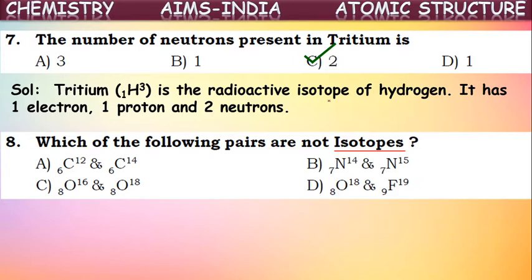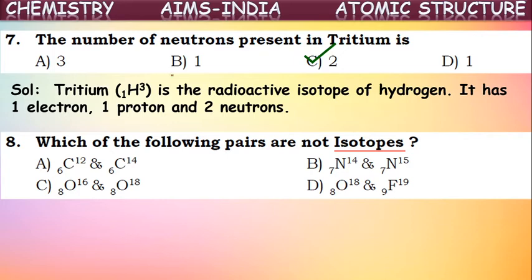See here they have given some symbols of the elements. We have also learned what is represented by these symbols. The number written at the subscript position beside the symbol of an element represents the atomic number, and the number written in the superscript beside the symbol represents the mass number of the element. Now see, atoms with the same atomic number but different mass numbers come under isotopes.